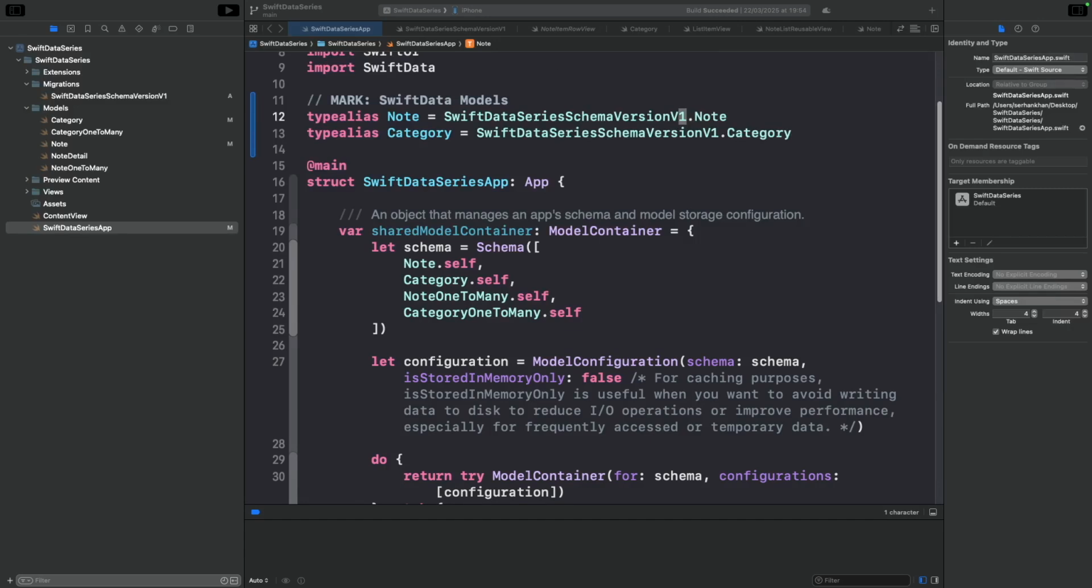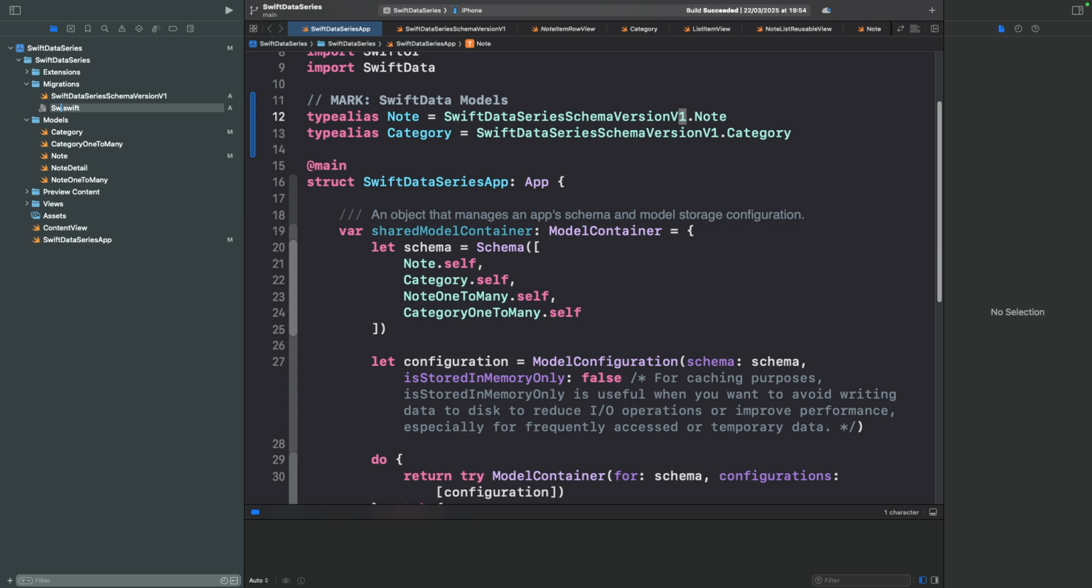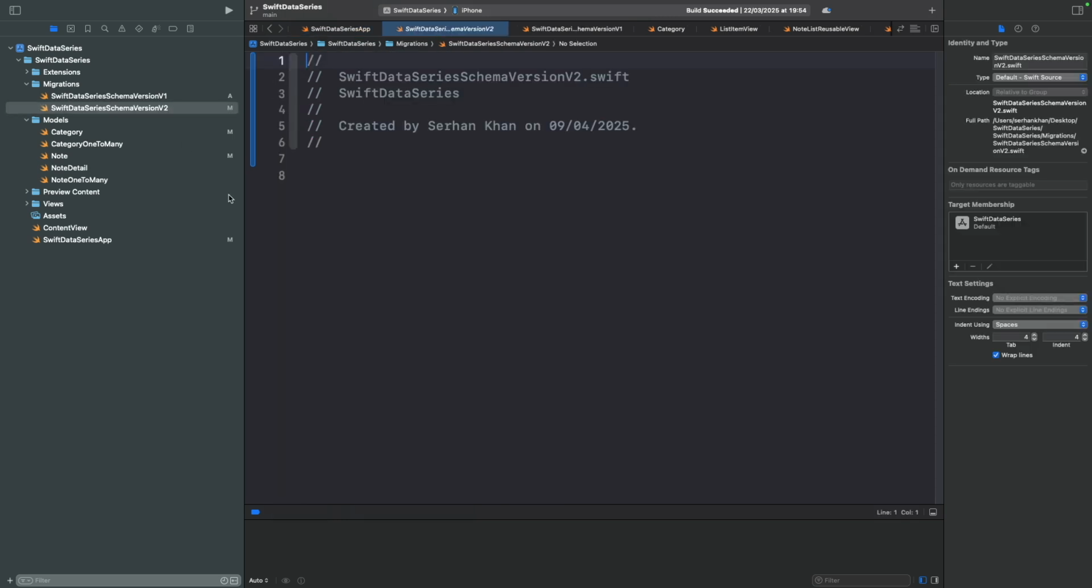So as a next step, we are going to create the version 2 schema as mentioned. Let's create a new file, name it SwiftData Series Schema version v2. Okay, and again we are going to import SwiftData and import Foundation. Here we are going to